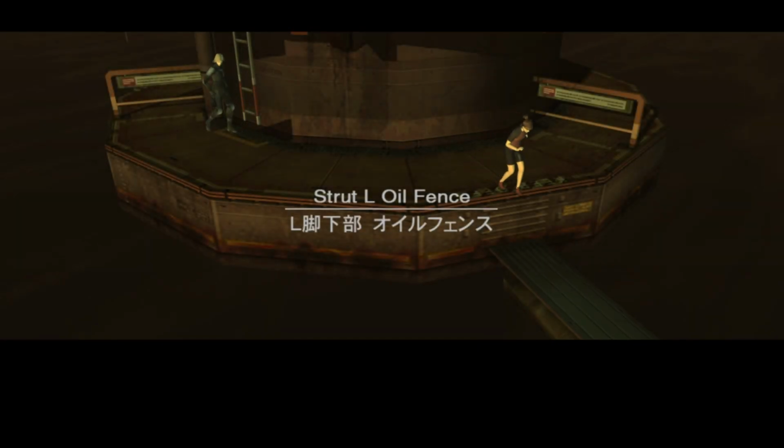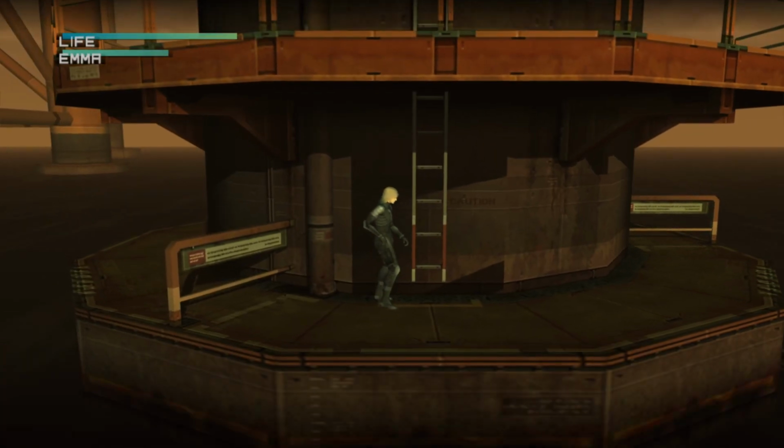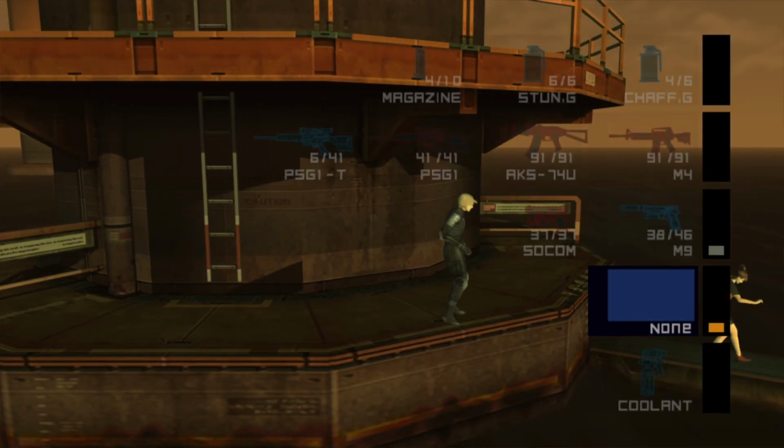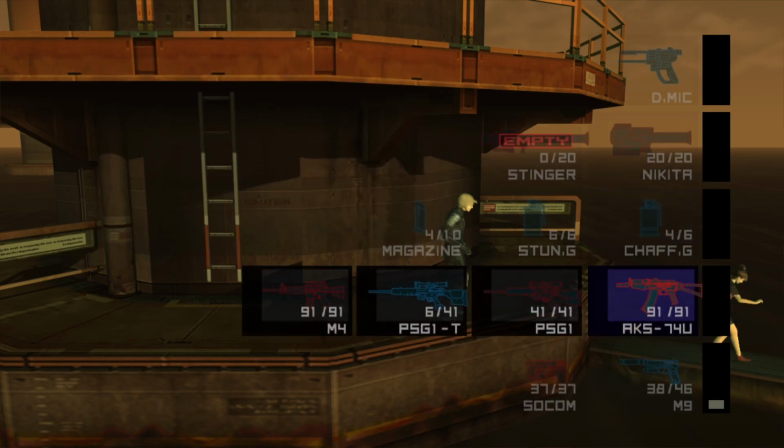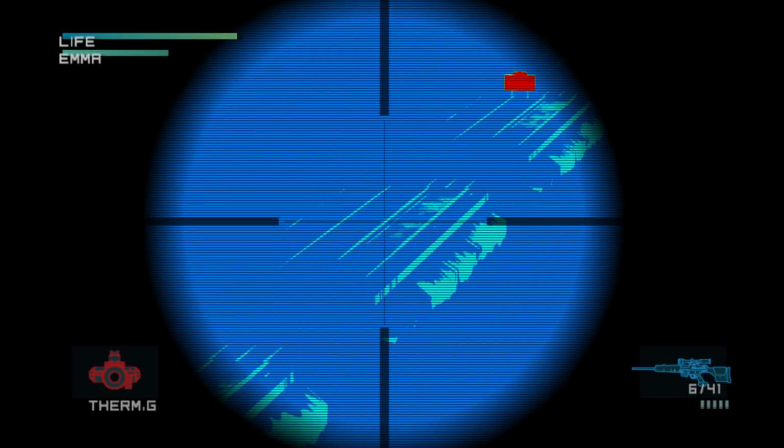Okay, so skip all the codec calls. We've got some pentazemin because we got it in the room where Emma was, but there will be some more spawned once you run out of it, directly where we're standing there. So as soon as it starts, move forward, equip the sniper, the tranquilizer sniper, and equip the thermal goggles,